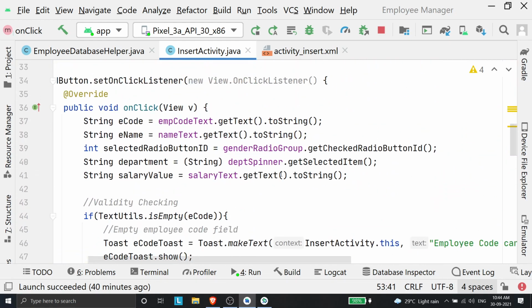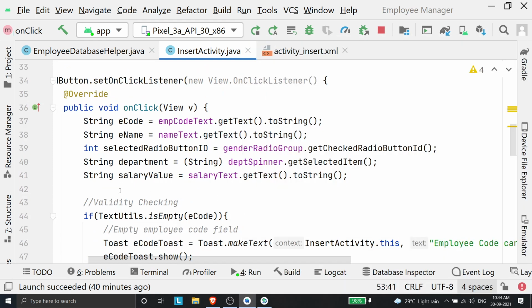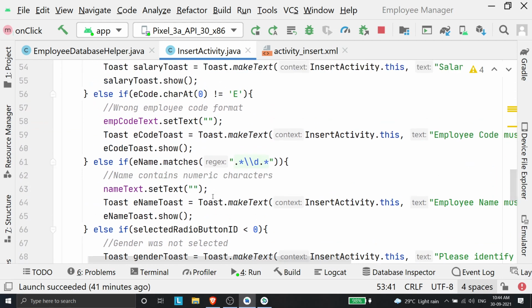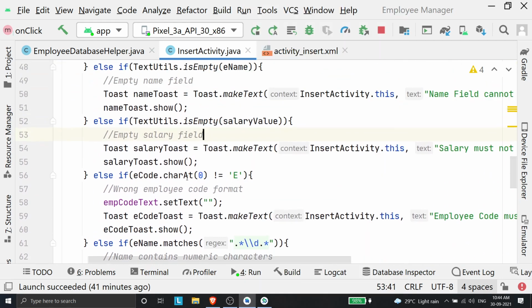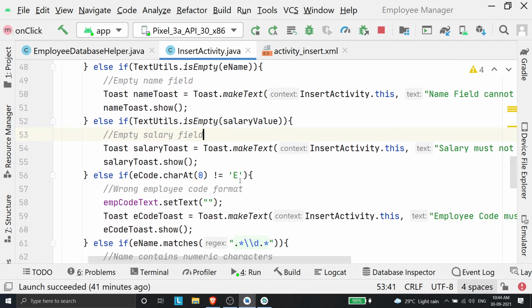If I did Double dot parse double over here and the string value was empty, it would not convert anything. It will throw an error, like nothing is inside it. What do you expect me to convert? So it won't work properly. So first you need to check that the value is not null and that it's a number. So for that, I'm just checking if the salary is empty, because if the salary is empty, it will not be converted properly, right?